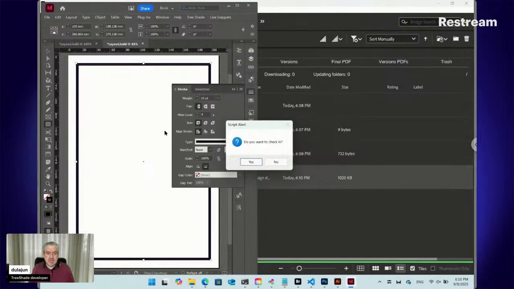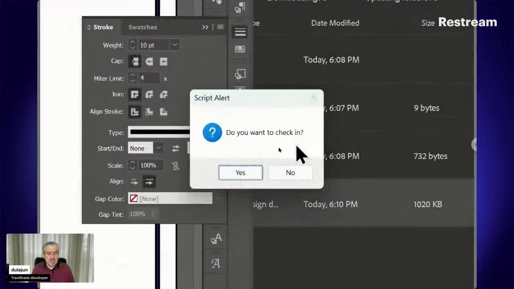Save the document, and TreeShade will ask you to check in. Checking in the InDesign document means auto-exporting PDF file and exporting JPG or PNG thumbnails for the page to be used in the online form. Also, the graphic designer can use in different purposes. Click yes,